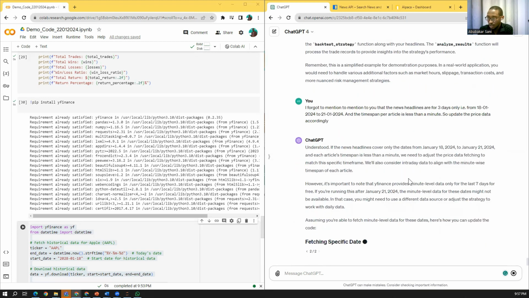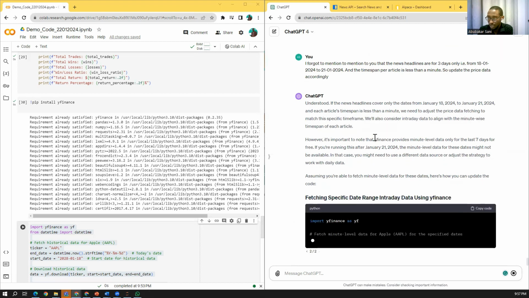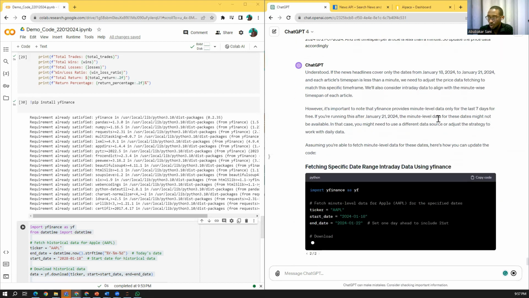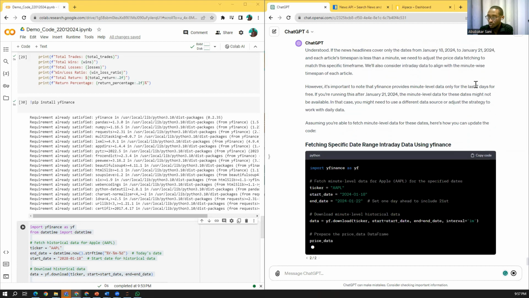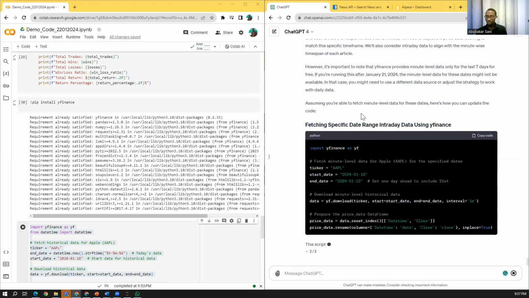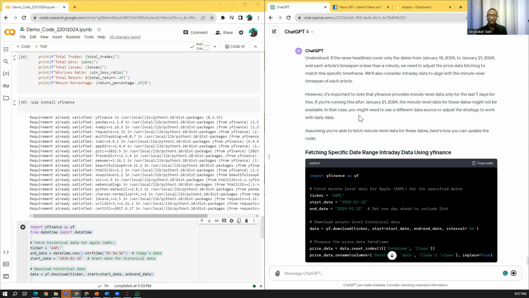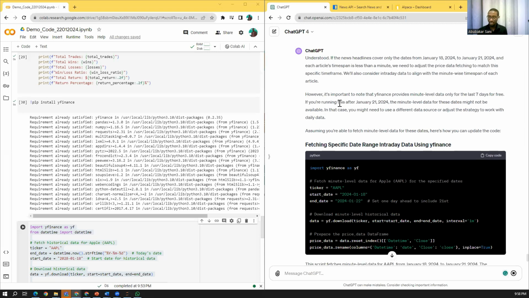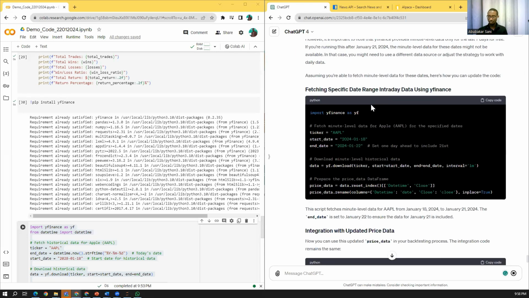So it's telling us that yfinance, the library I'm using, can only do 1 minute, and it can only go 7 days back. So if your strategy requires news articles for the past 1 year, then you might have to think about how to generate your news to span that 1 year, because even the news API returns news that is not more than 3 days old. Only the latest news.